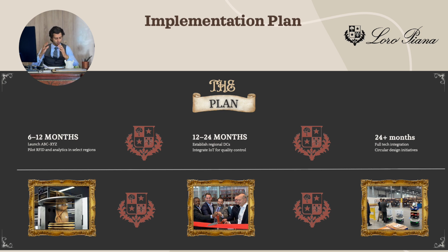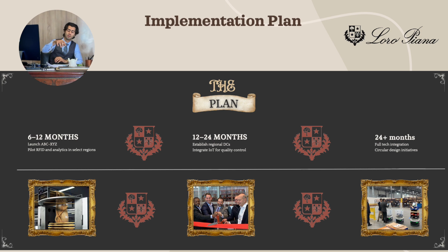Now for the implementation plan. Our roadmap is designed to support a, let's say, gradual transformation. So, we can see here that we will still be preserving Loro Piana's heritage while introducing the agility and transparency that today's luxury customers expect. In the short term, so the 6 to 12 months, we'll launch the ABC XYZ inventory segmentation to improve the stock's accuracy and a pilot for the RFID and the analytics in, of course, selected regions to ensure visibility and